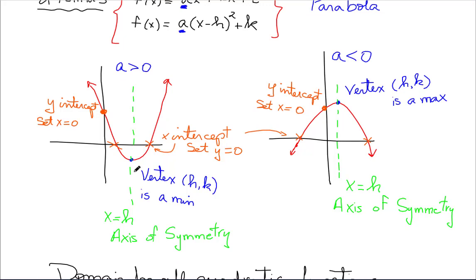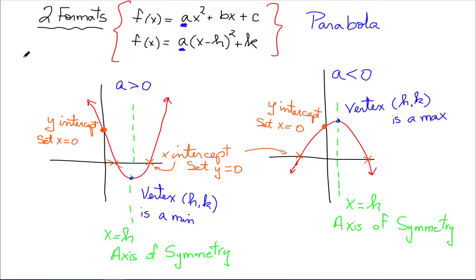So this one looks up, this one looks down. It's going to look downward whenever the lead coefficient a is negative, and it's going to look up